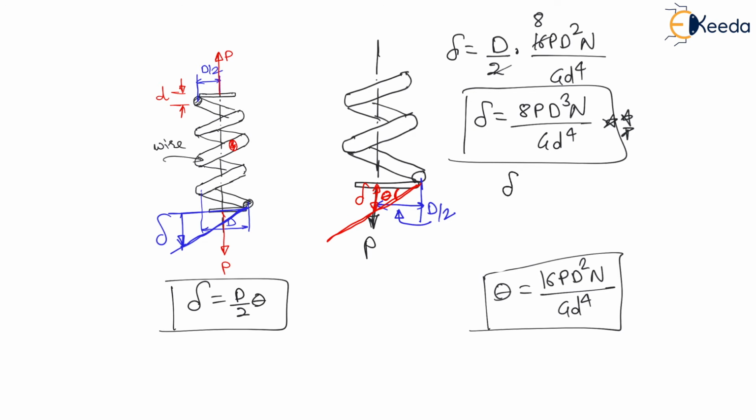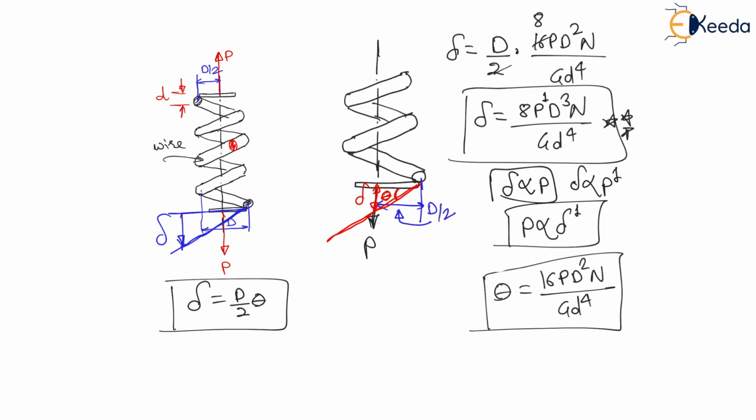From this formula, can you say the linear displacement is directly proportional to force? Here force power is 1. Therefore, linear displacement is directly proportional to force power 1, or force is directly proportional to displacement power 1. Means between force and displacement there is a linear variation. Right. Now this linear variation is connected with the help of spring constant.